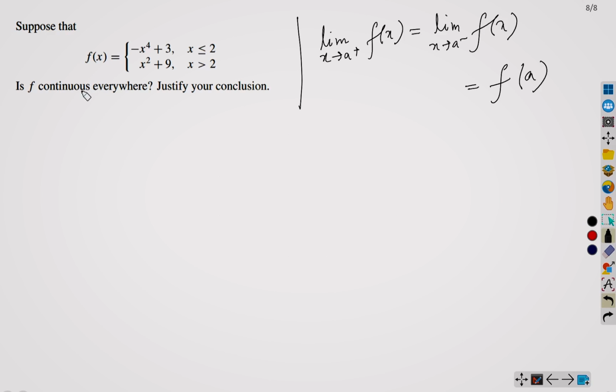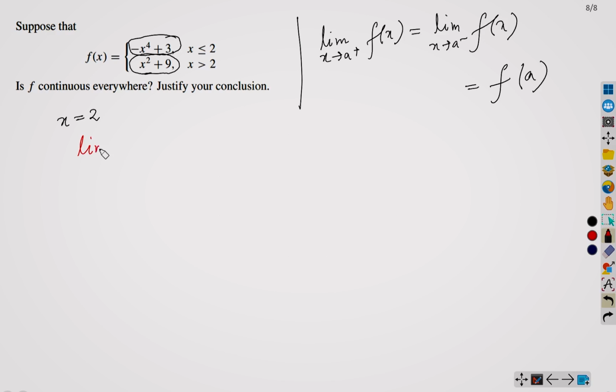So if the function is continuous everywhere or not, we have to justify it. Now it is clear that if x is greater than 2, there is nothing to worry about. It is a plain continuous function, we can see. If x is strictly less than 2, then also this is continuous everywhere. So the only problem is, the problematic point is x equal to 2, because at this point the function is breaking. So we will justify at this point.